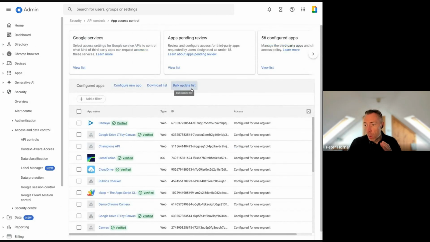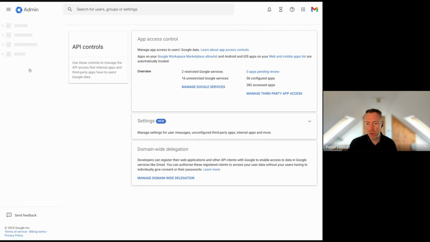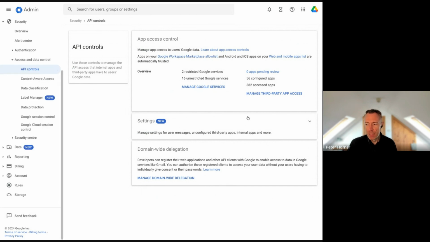So what I would recommend doing now, if we go back up a bit, back up to API controls. Now let's explore this and make some recommendations for you on what you can do to better control your third-party apps on your domain. This is always one of the key areas we look at when we do security audits. So the first thing I'd look at on here is just your overall domain settings. So if we go into settings,